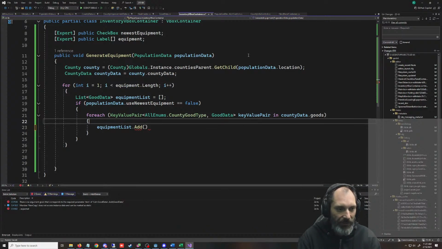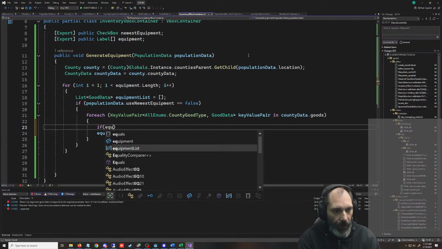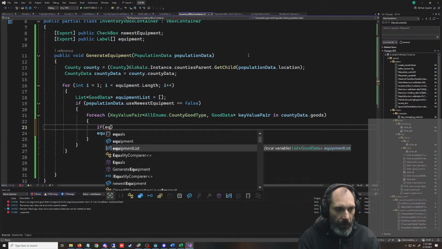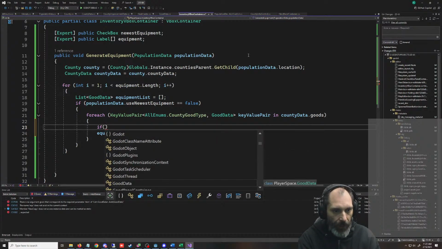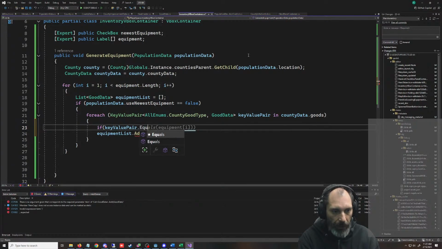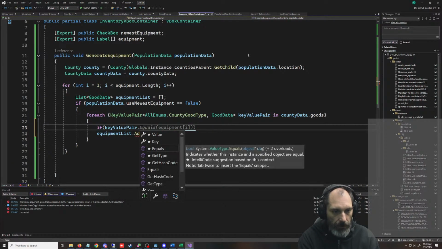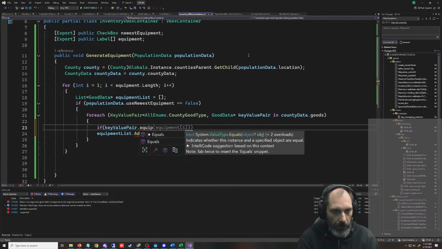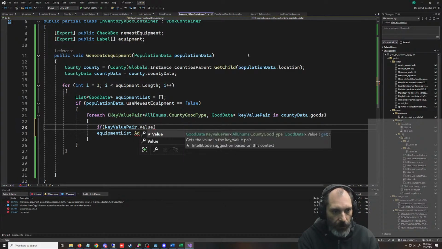If equipment good data, wait, what are we doing? Key value pair equipment, oh, I gotta put value. Whoops.